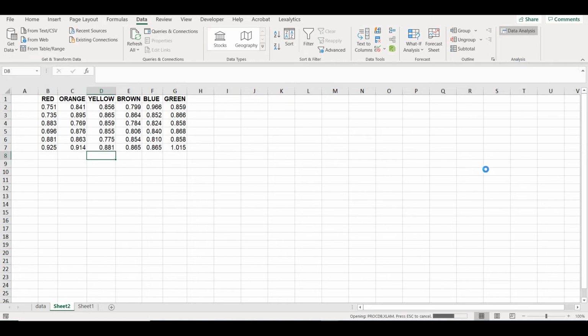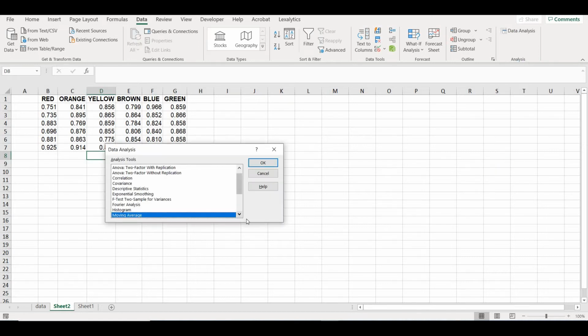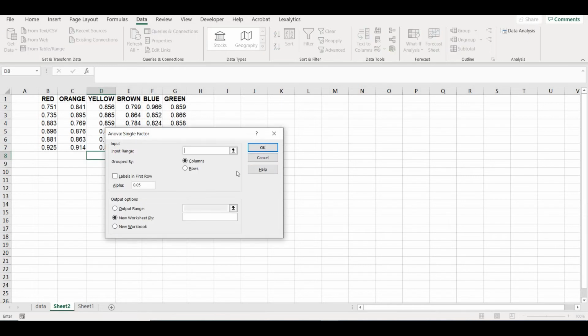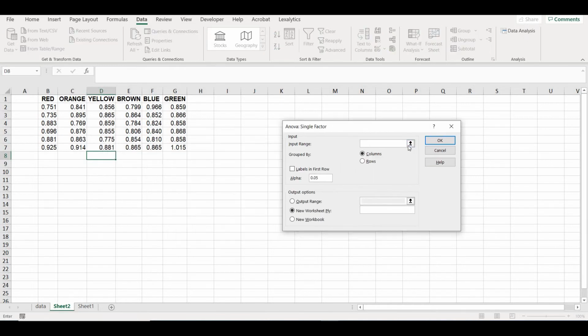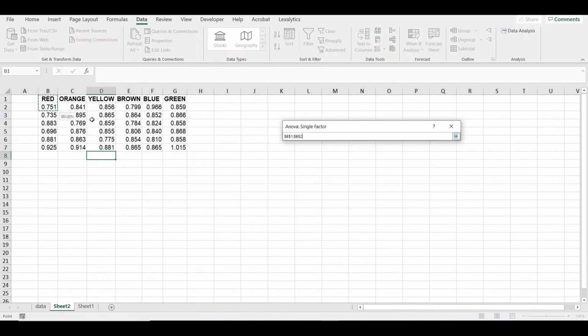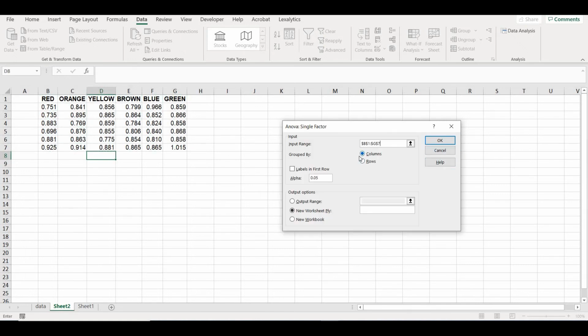Let's select Data Analysis, and you see all the different kinds of hypothesis testing you can do with Excel itself. We are interested in ANOVA, so we'll do ANOVA: Single Factor and say OK. It asks you for the data range, so we'll select the whole data range starting with the headers, and then we'll say group by columns, and the first row is my header.